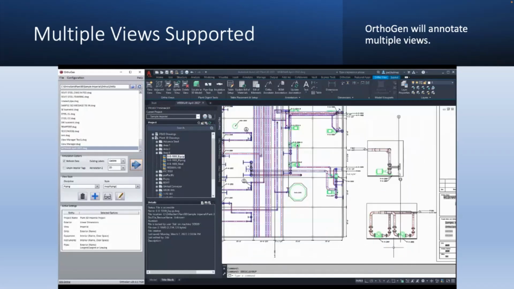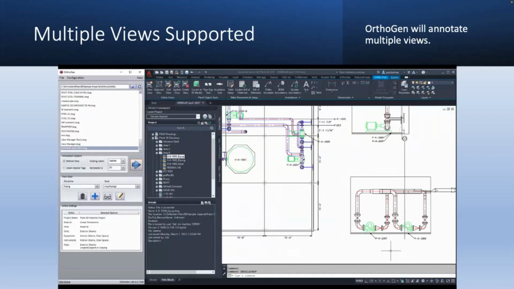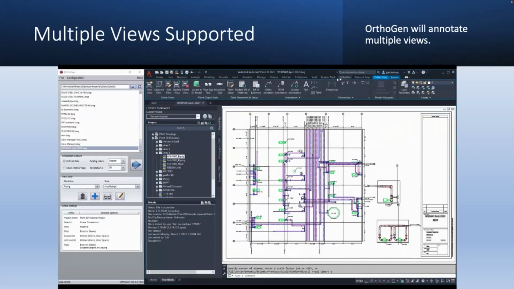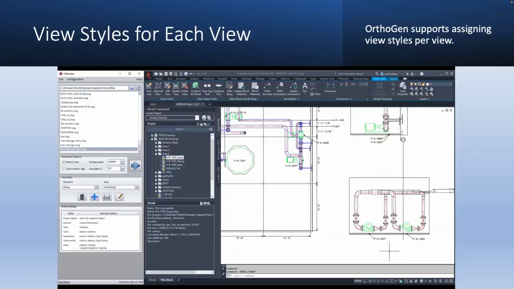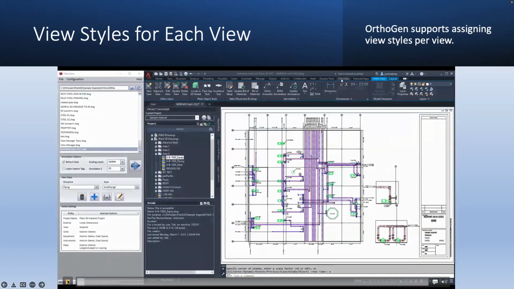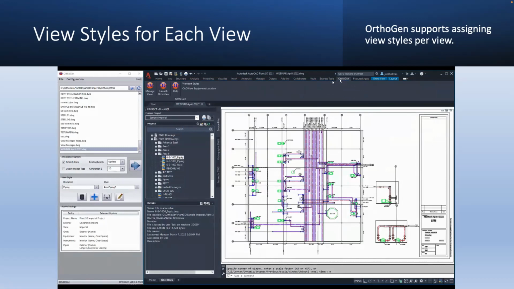And then, of course, the next obvious question is, do I have to use the same view style for every view that's on that drawing? And the answer is no. And that's what we'll show here. You can identify a view style for each of those views. This really allows you a lot of flexibility as you're showing different aspects of the design on one drawing. So it picked the tool, it picks the 2 views,